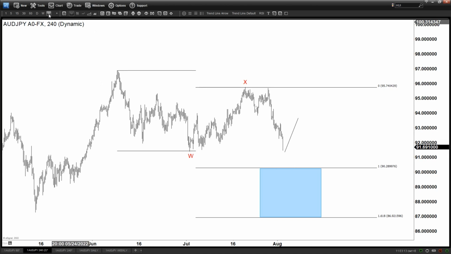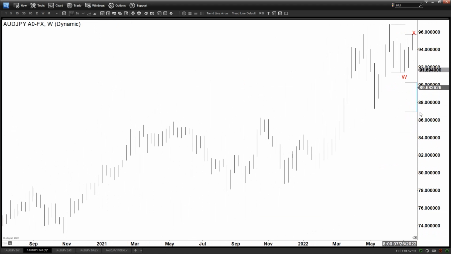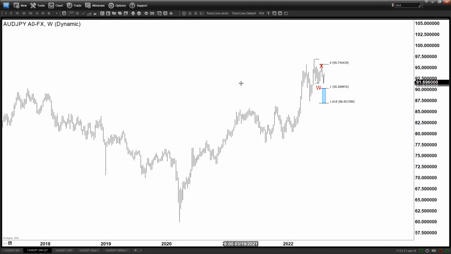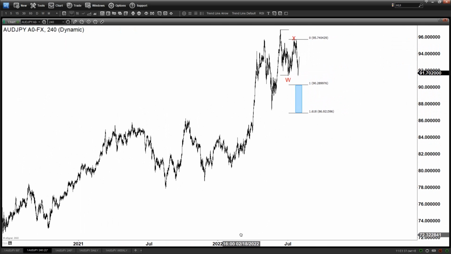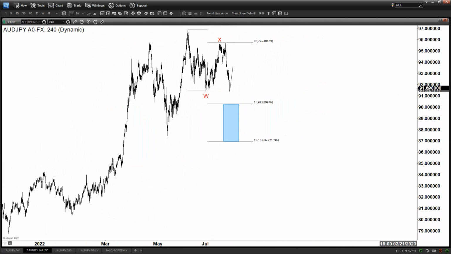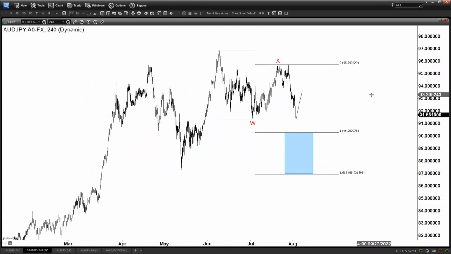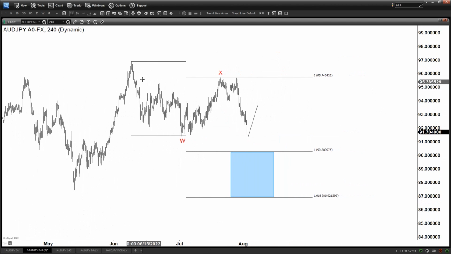Because the larger degree, if you look at the weekly, is clearly bullish, right? Once we bottomed in the 2020 COVID-19 low, we continued to make new highs. It's clearly bullish, and now we are doing what looks to be a corrective structure. When we go to the 4-hour time frame earlier, we can see clearly the first leg of the sell-off is only a 3 swing. So that suggests, depending on the time frame you are concerned about,